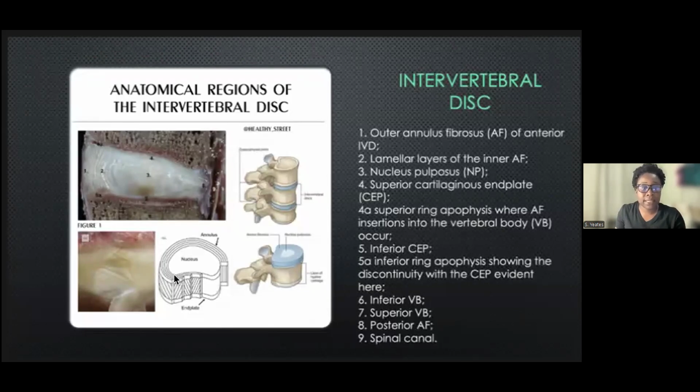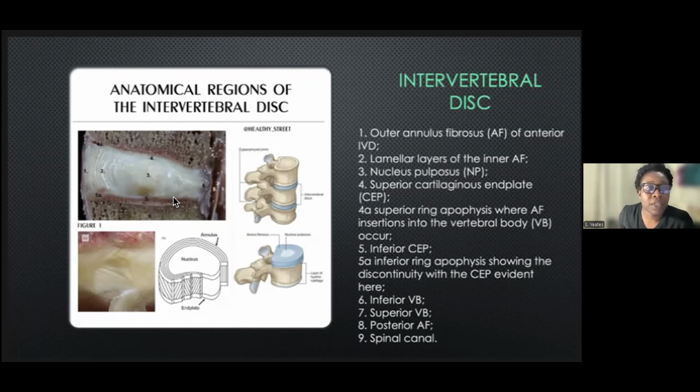This alignment, as you can see down where the cursor is, leads to the parallel orientation of the alternate laminae. This radial ply formation actually provides exceptional strength compared to an entirely longitudinal setup, which has actually been mimicked by the construction of products such as car tires. The lamellae are interconnected through translamellar bridges, and the AF contains an inner and outer portion, as you can also see here. And they differ primarily in their collagen